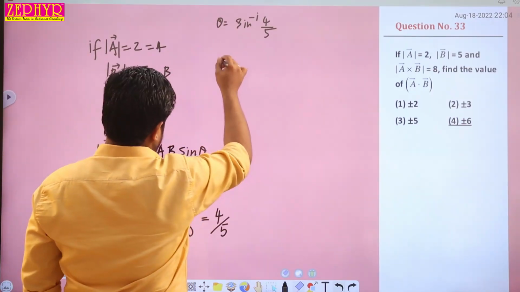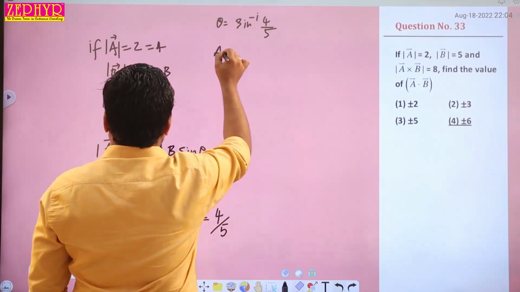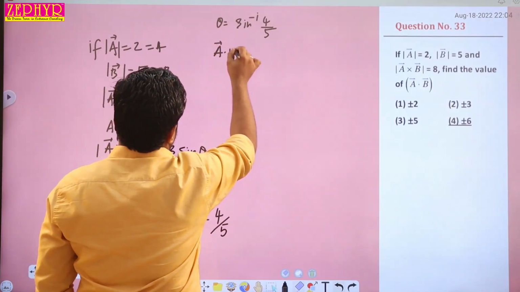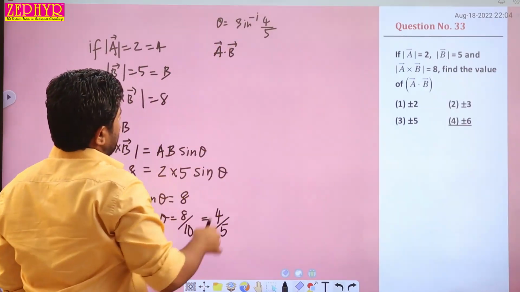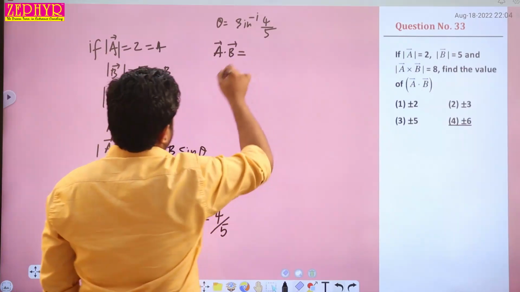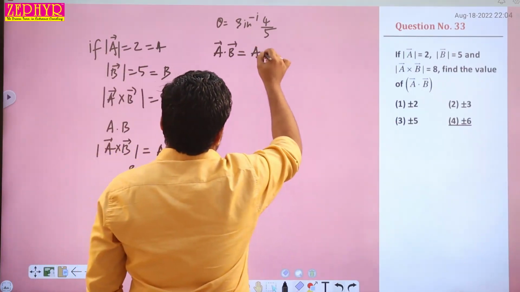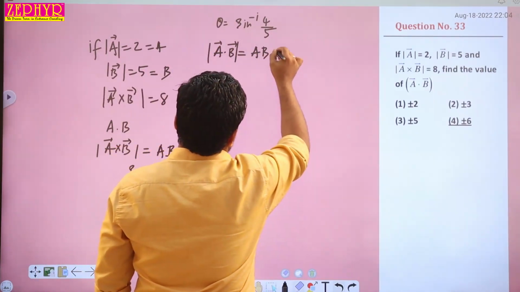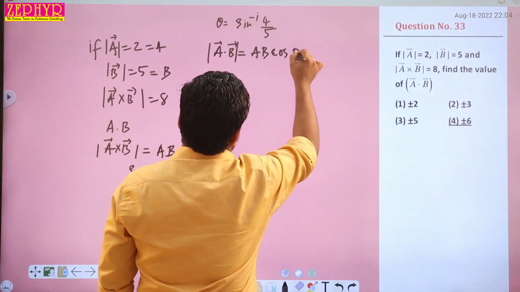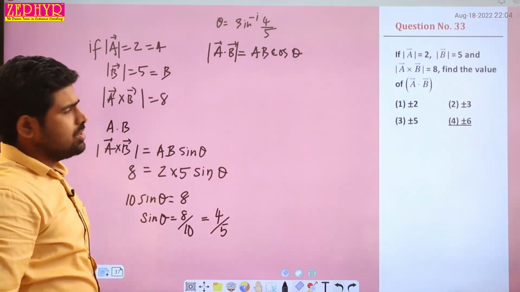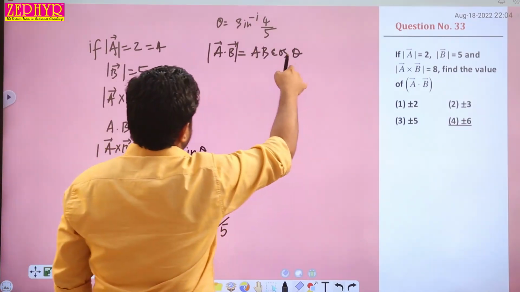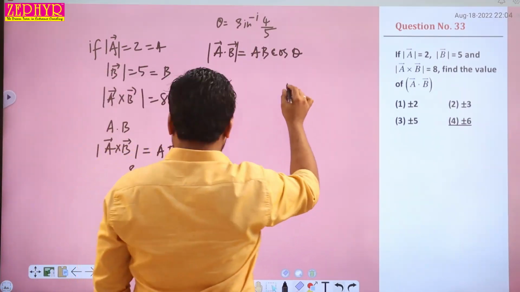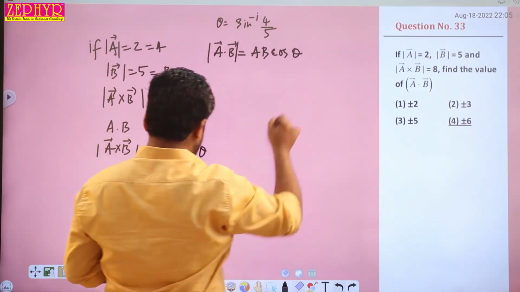Now I find out the value of a vector dot b vector. A vector dot b vector is equal to the magnitude of a times the magnitude of b times cos theta, that is ab cos theta. To find the value of cos theta, we know sin theta is equal to